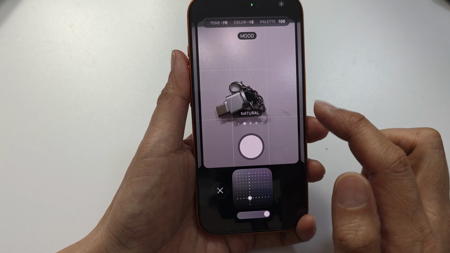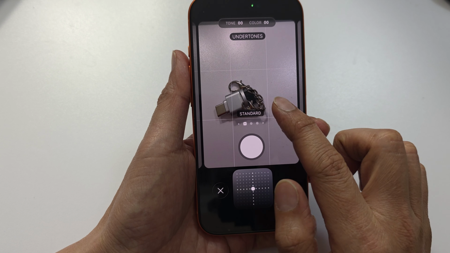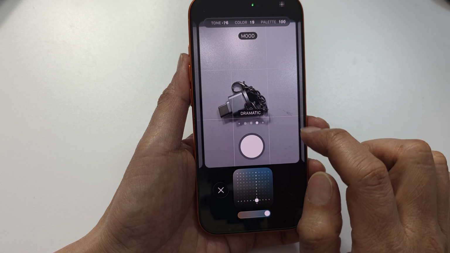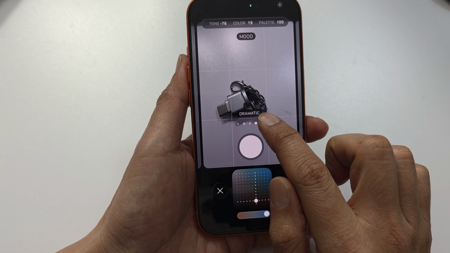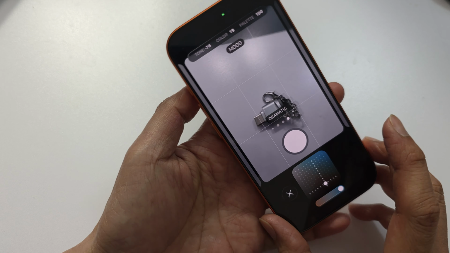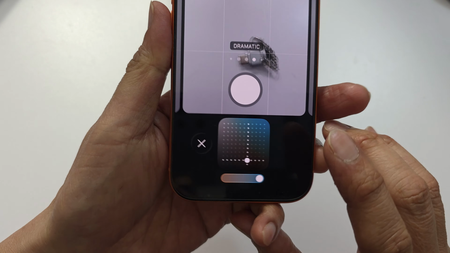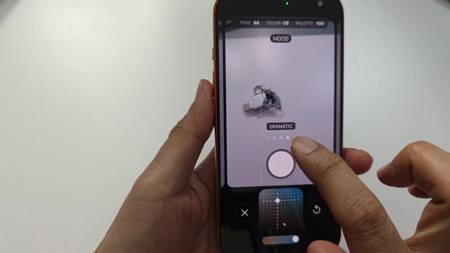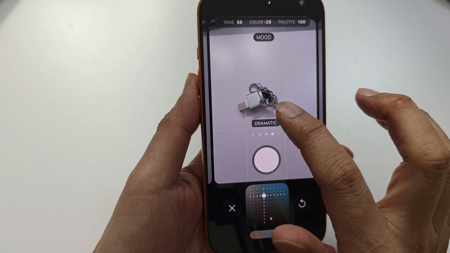So select a photo style. It can be standard or vibrant or another style. Okay, so let's say I choose dramatic. Down here, there will be a box. So if you drag on this box right here, it will allow you to adjust the color and tones of